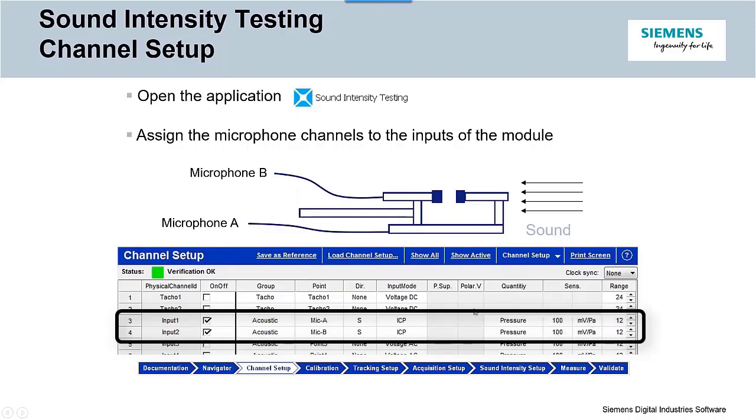The sensitivity can be read from the TEDS or from the data sheet of the microphones. Most commonly, we recommend to do the calibration of each microphone. And so you do the calibration to enter the sensitivity values here. There are 2 microphones, mic A and mic B, and so you set them up here in the channel setup